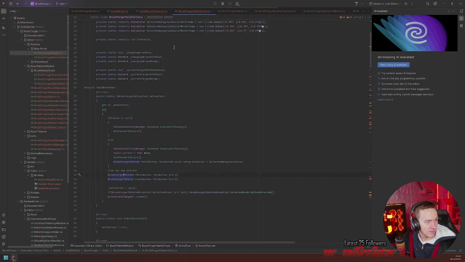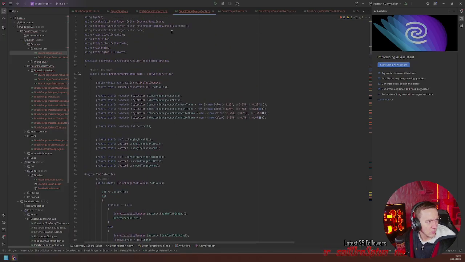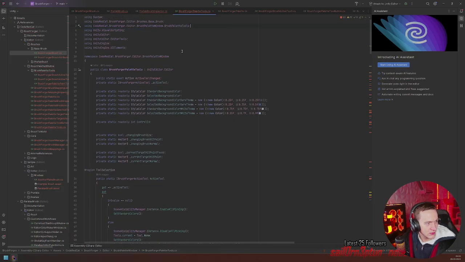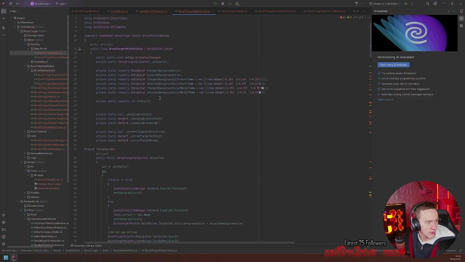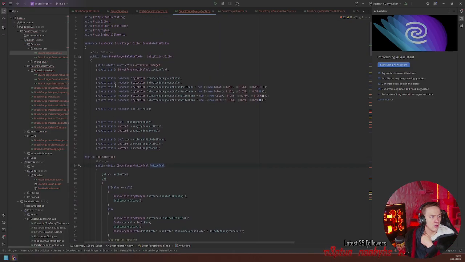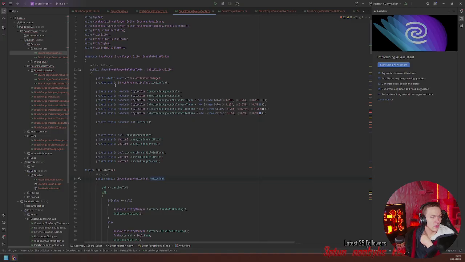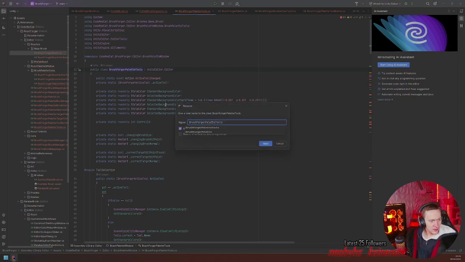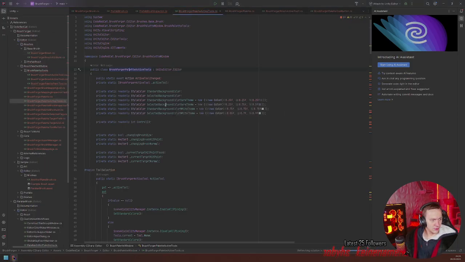And we have our action tools. And they actually don't need to be handled in the active tools.